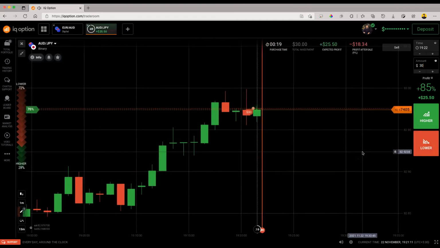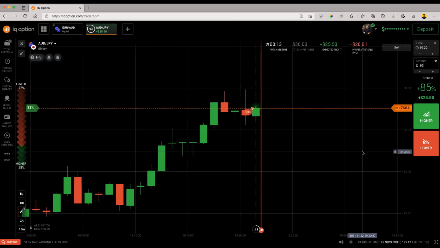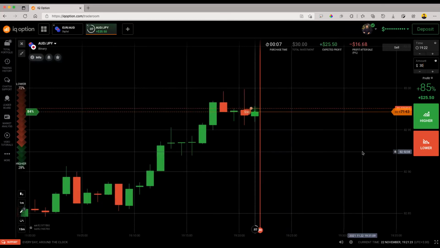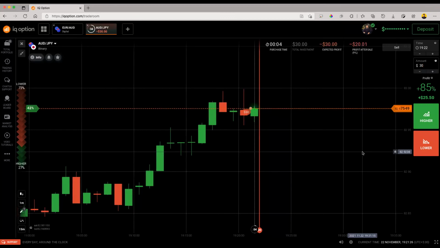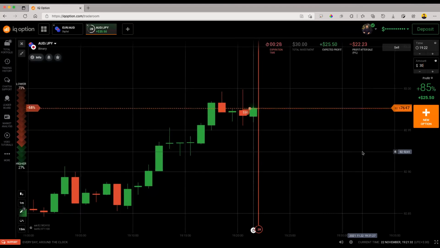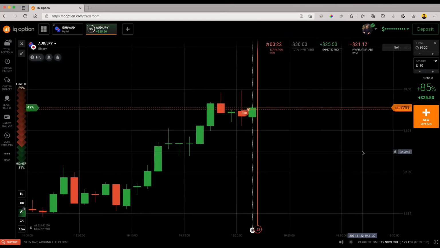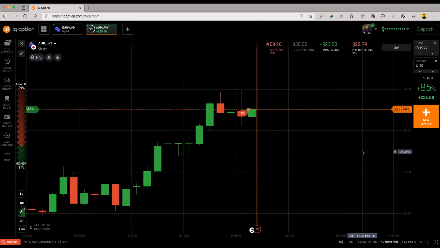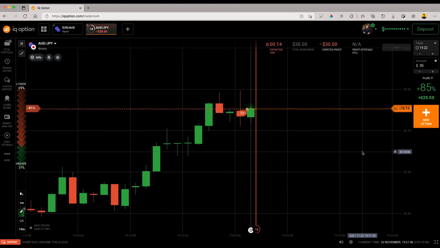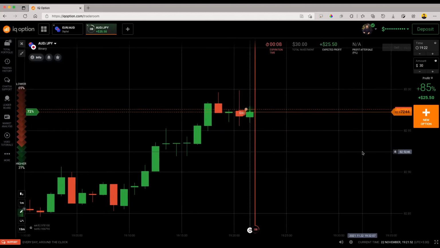So here we have gone for the put trade because we were assuming, and we have the analysis, that the market is trying to make a strong resistance at that particular level from where the doji candlestick started, that is from where the high was formed of the previous candlestick. So here we have taken the put trade, and let's wait and watch what happens. This trade we have executed with only $30 because the previous candlestick is a doji candlestick, so it doesn't show us the proper sign of bearish, but we have executed based on the resistance it is trying to form there.